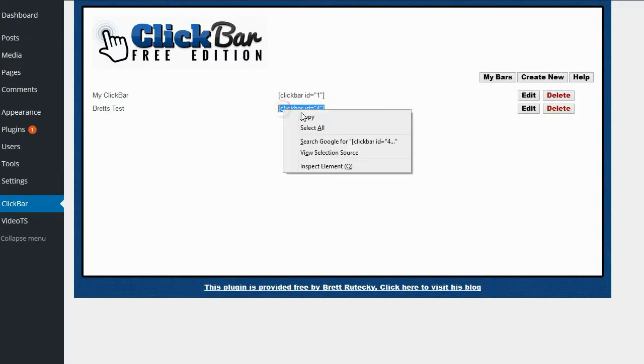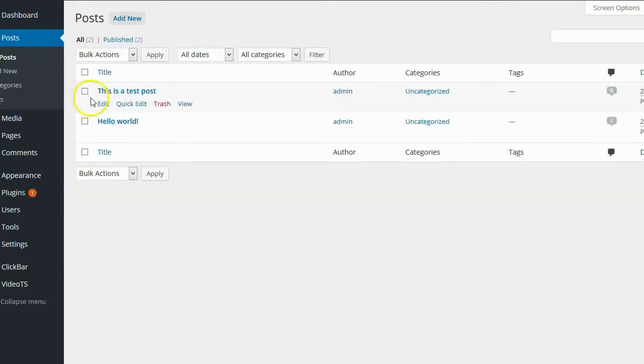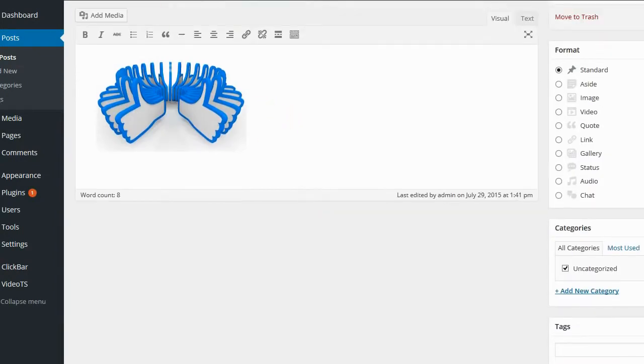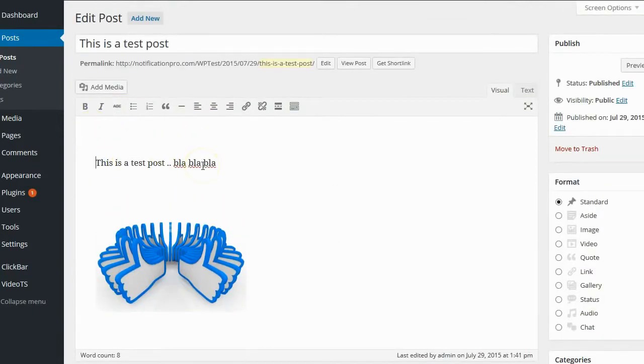I simply take this short code, copy it, go to any post that I have or any page that's on my site, enter my short code inside of the post text. And it doesn't matter where I put the short code. I can put it anywhere, top, bottom. It doesn't make a difference. As long as I actually have the short code somewhere in this text here,